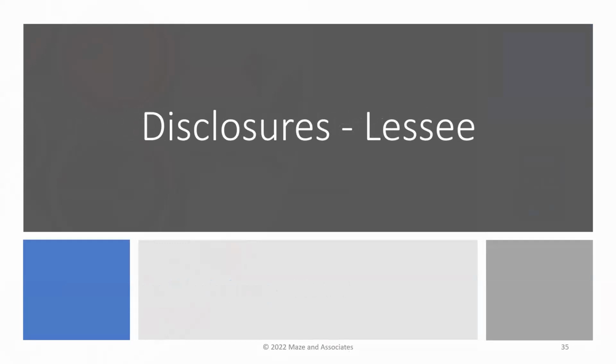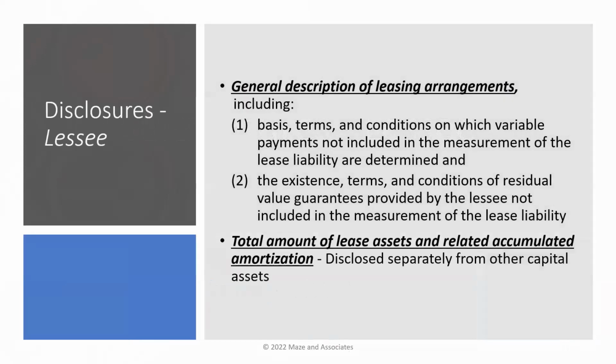So your disclosures, because this is the next component. Once you've figured out what balance you're going to record, what do you have to disclose in the financial statements? For the lessee, you have to disclose a general description of the leasing arrangement. You have some of that generic discussion of leasing arrangements, and then also specific to the agreements. And if you have a significant number of leases, you can boil them down, include them more in a summary form, combining different components together.